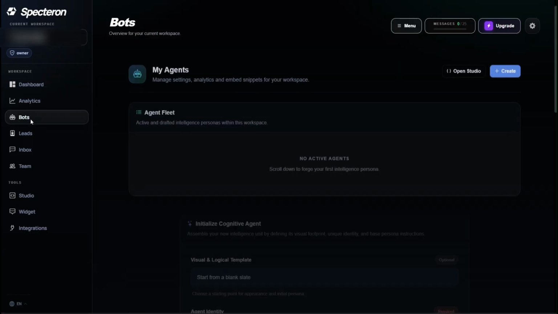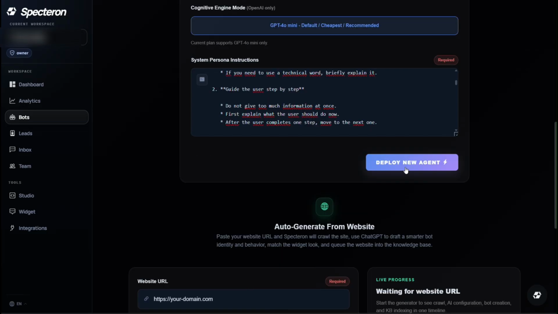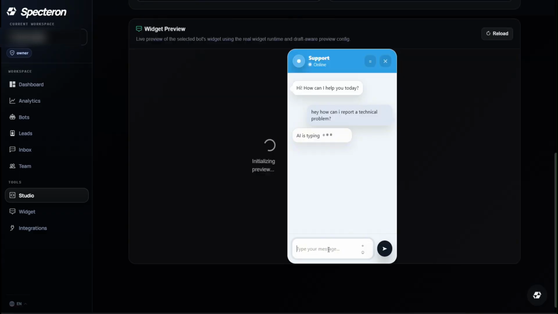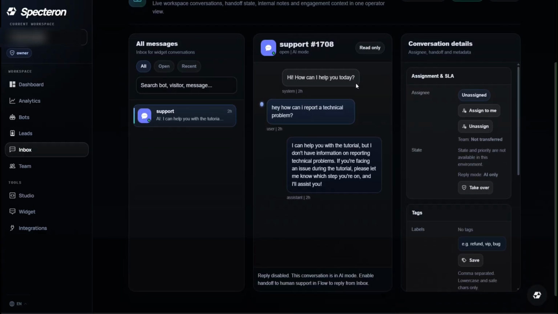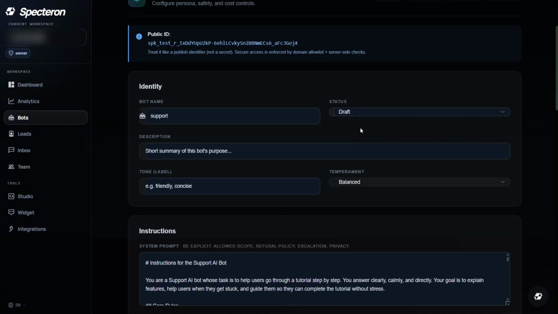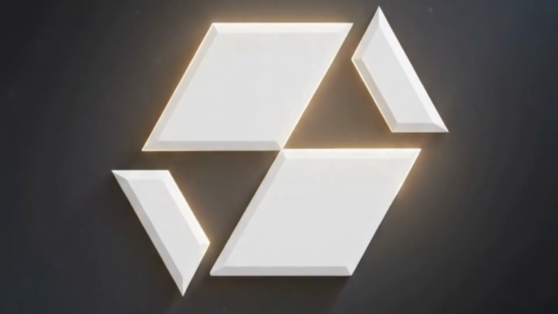The safest order for the first implementation is simple. First, configure the website widget, then prepare the knowledge base. Next, test the AI agent. After that, set up the inbox and ticket workflow. Finally, launch the system in production and analyze the first conversations. This order helps reduce risk and it makes the first production launch